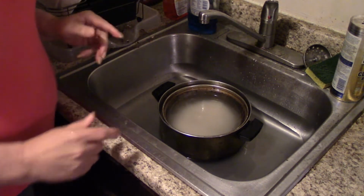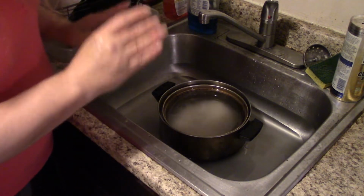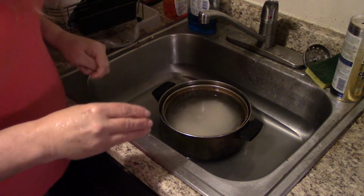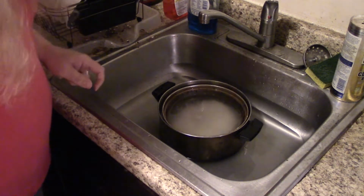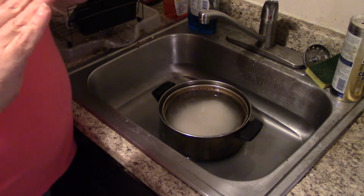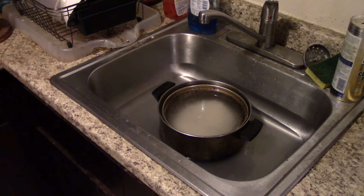Now, to prepare the rice, to cook the rice, which is done first, you definitely want to use cooked rice in your fried rice. You definitely do not want to try to use uncooked rice. It will not do very well. I will use a rice cooker. And the reason I use a rice cooker is it works a whole lot better